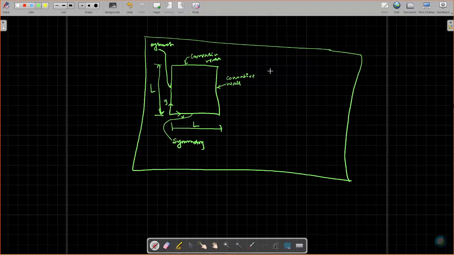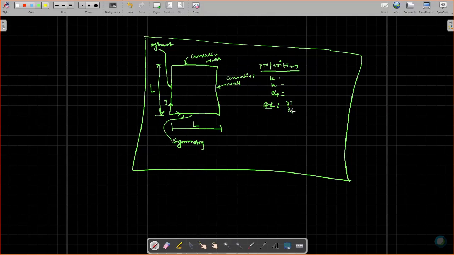Now, once you have done this, tell me what properties you are taking. Properties means what is K, what is H. You have to give the values, right? And what is alpha, for example. To calculate alpha, you have to give Cp. These are the properties needed to solve this problem. And then you have to write the boundary conditions, or the governing equation. What governing equation are you solving? Here I am solving this governing equation.